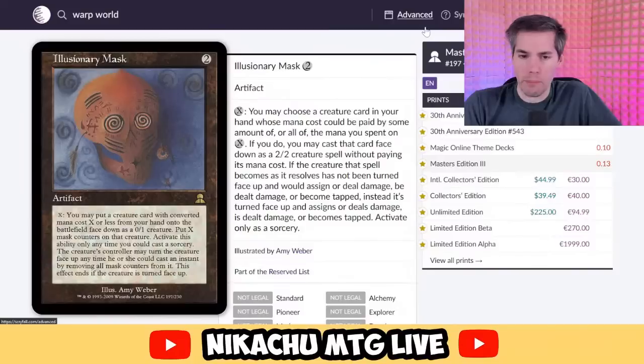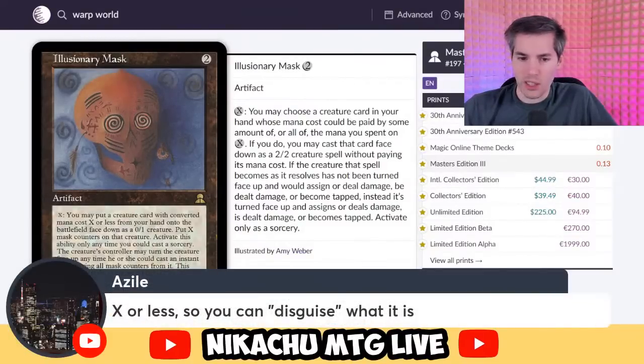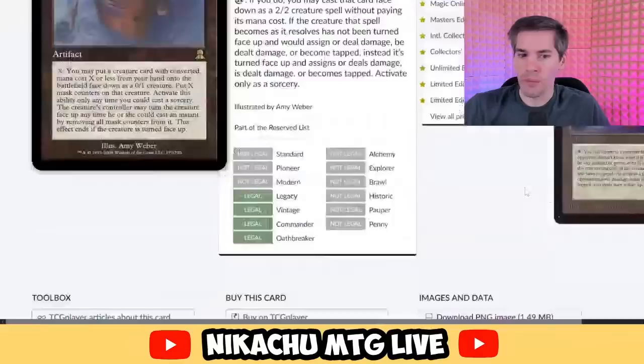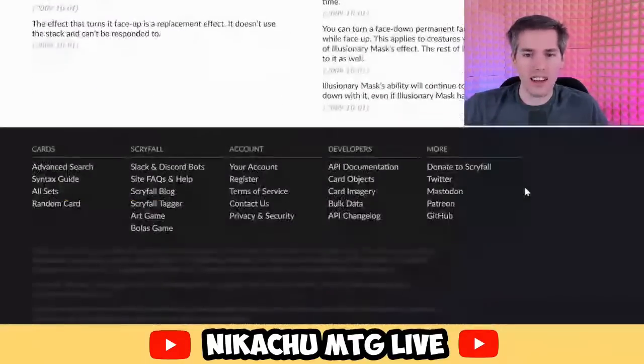Holy crap! X or less, so you can disguise what it is. Oh, okay, so I can pay 5, put this thing on the battlefield, and it might be a 5-drop, it might be a 1-drop. Well, what the hell does it say down here? We have another